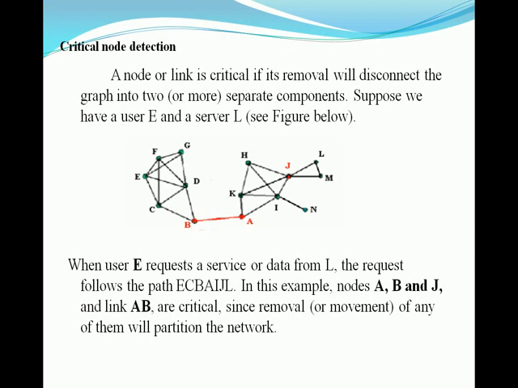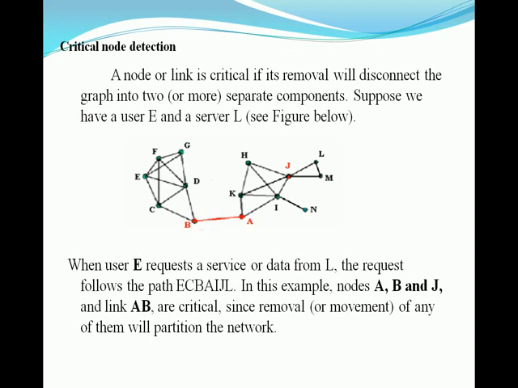We have another cut detection algorithm, called critical node detection. A critical node is something that separates the network when it is removed. When a node or link is removed, it will separate the network into two different components. But the problem with this is that even when no critical node has been detected, there is a possibility of a cut existing.